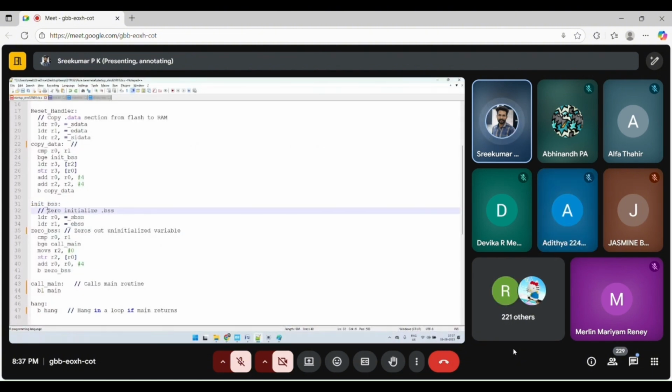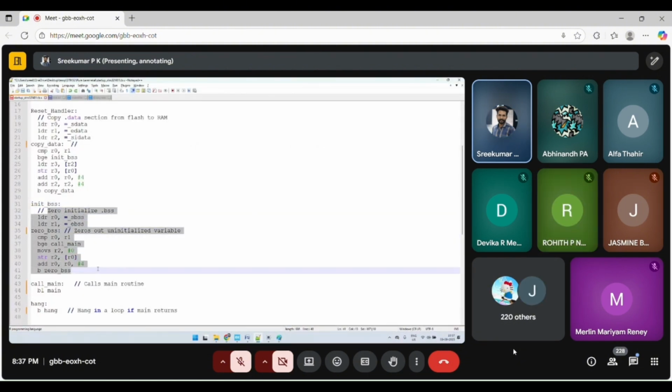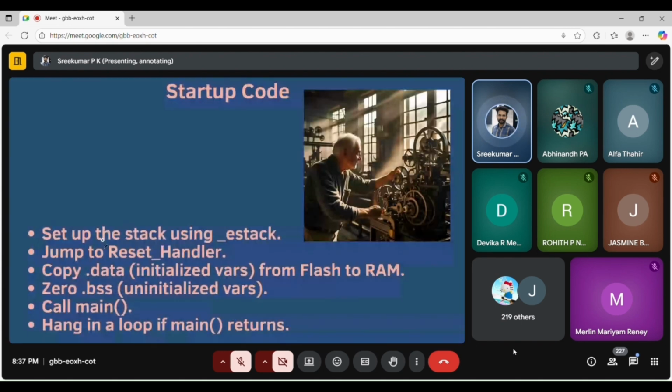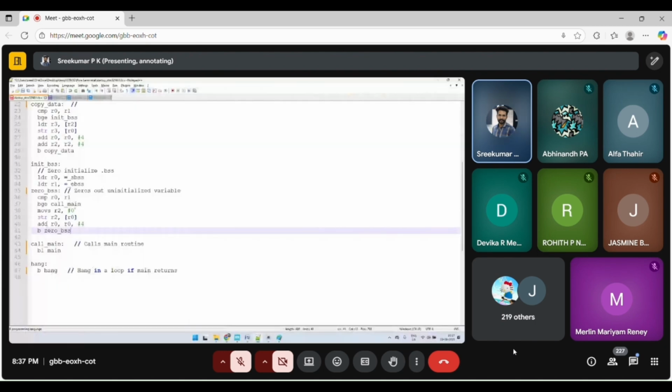This section is zeroing out all the uninitialized variables. Suppose you declare a variable int x semicolon, it has to be zeroed out. Okay, so that is what this section is doing. Then it calls main. Here is the particular area where the main function is getting called.